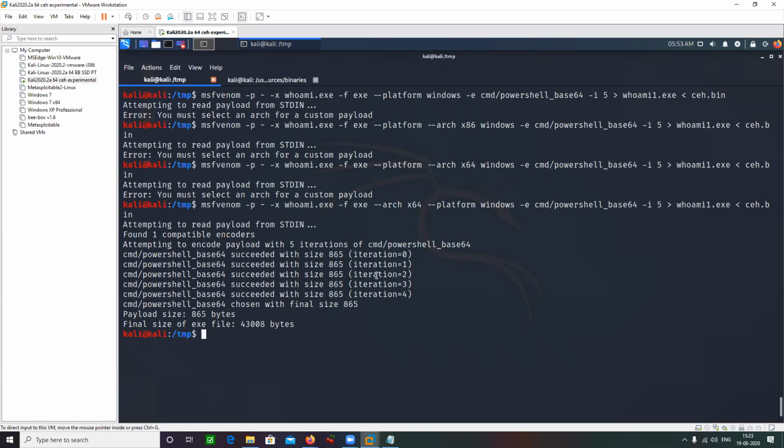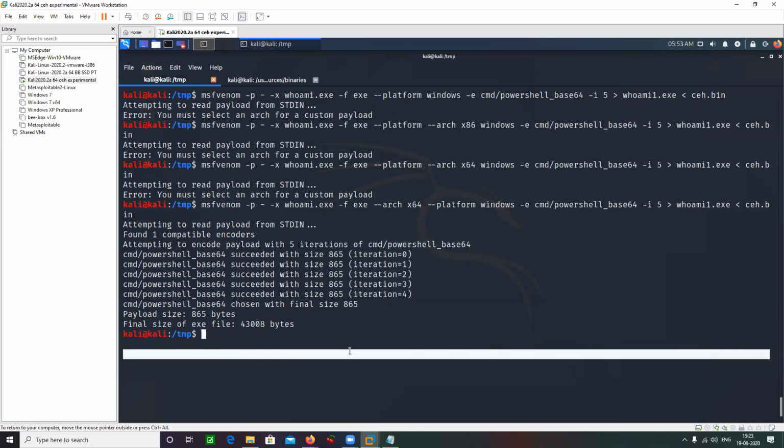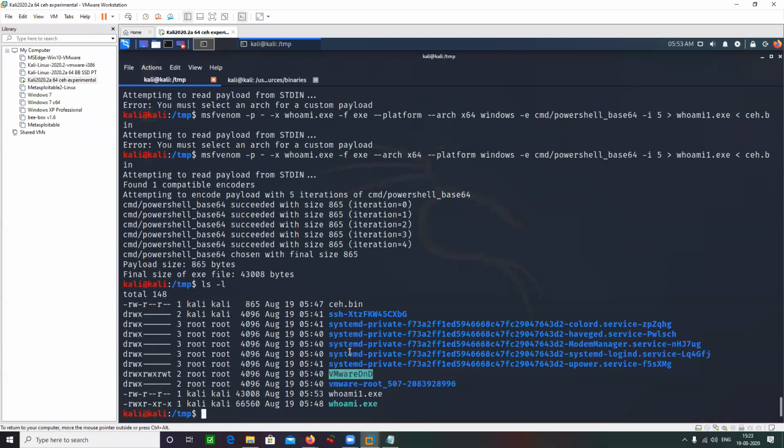Let's do an ls over here. Okay, so here you can see that I have created this payload, right? That says whoami.exe.